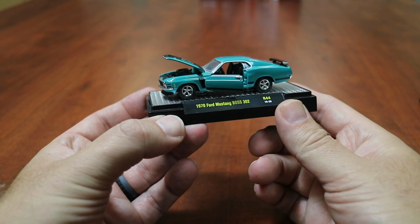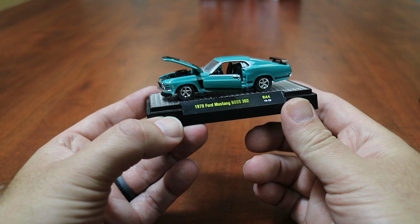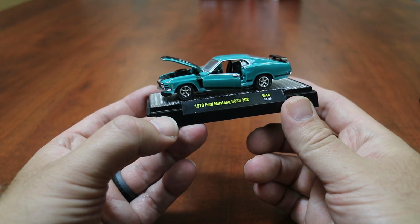And there you have it. That's the 1970 Boss 302 in Grabber Green. Let's see, next up,